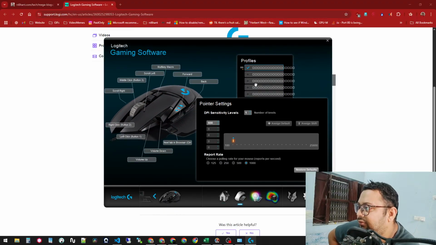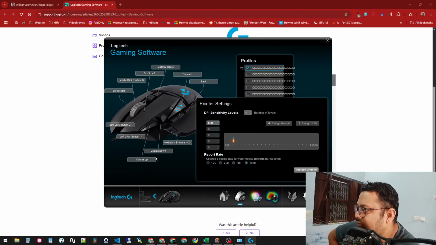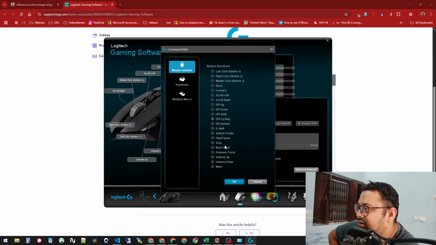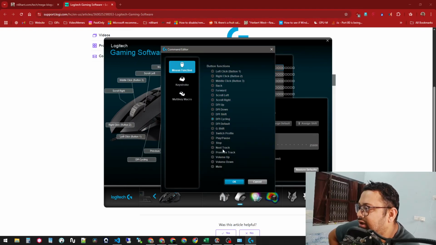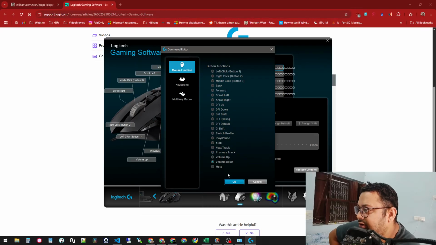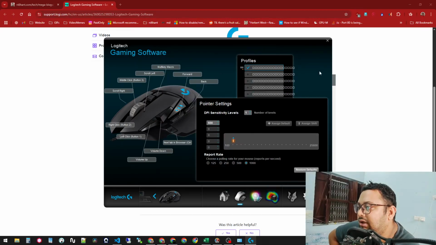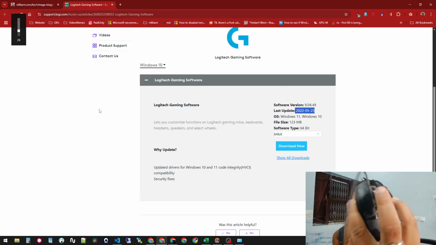On this, if you open this and select, you know what, let's reassign it first. Let's put it to something else, because internally it might be something else. So now let's put it to volume up from this app, and let's put it to volume down from this app. And now if I close it, now if I try it,